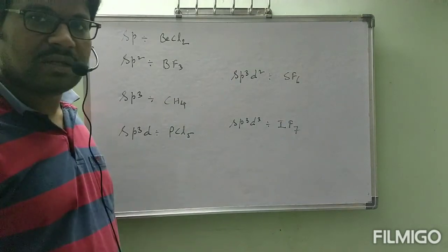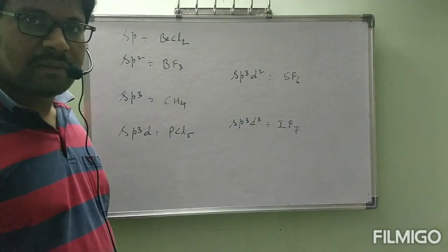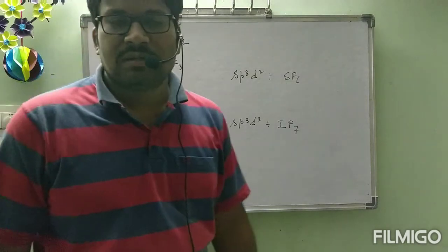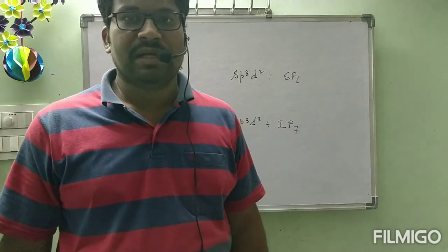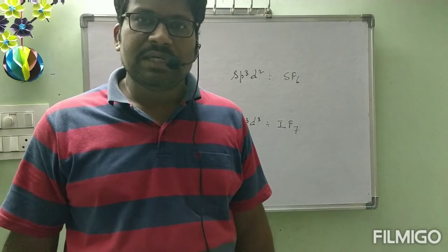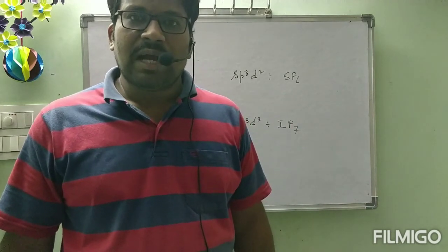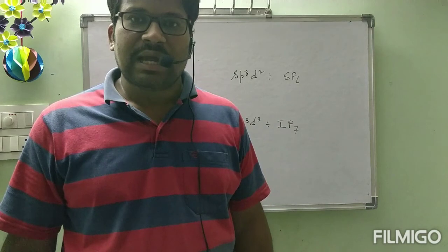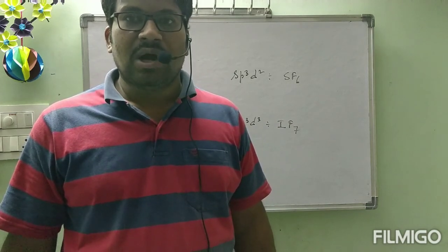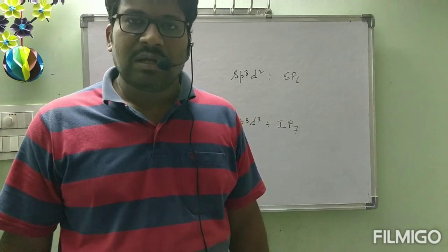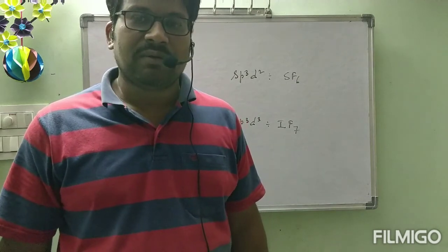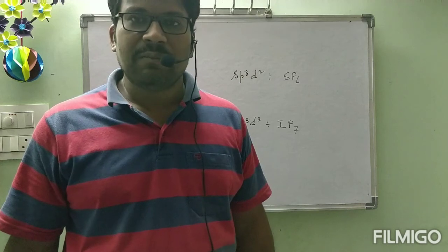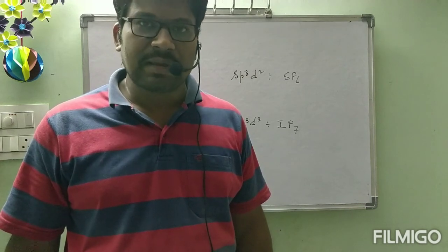Till this, what are the molecules we completed? So what is meant by hybridization? The process of intermixing of atomic orbitals of almost the same energy, which will be regenerated into a new set of identical shape, size and energy orbitals. That many orbitals will be formed after hybridization as the number of orbitals which undergo hybridization. Hybridization will form only sigma bonds. These are the important points covered under hybridization.